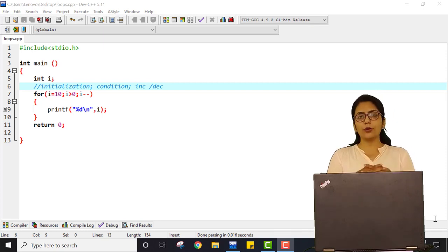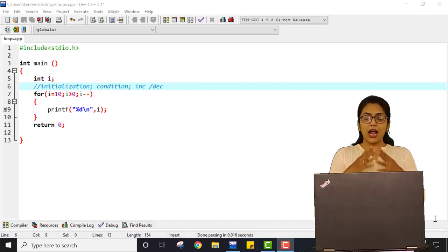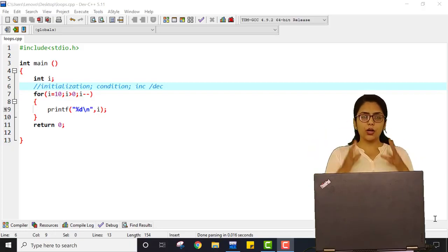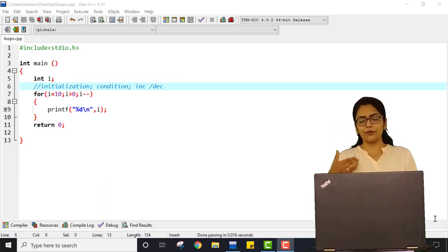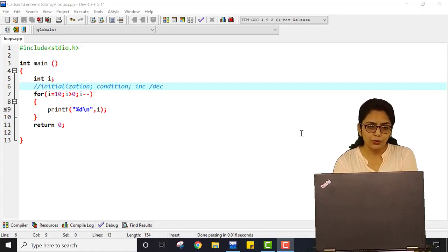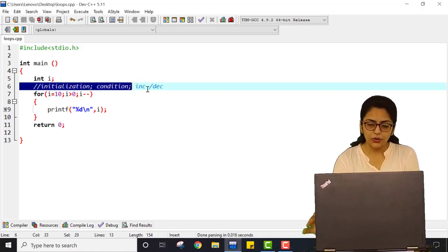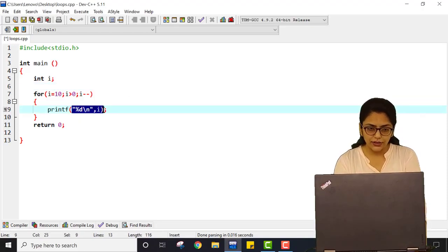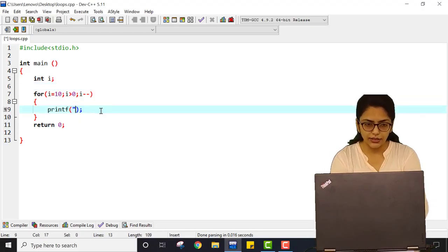Now in this lecture I am going to talk about two other loops, that is the while loop and the do while loop. I want to show you how you can use the previous code to convert a for loop into a while loop. Basically, whatever you are going to do with a for loop can be achieved using a while loop and vice versa. So how can you do that? This was the syntax for the for loop. I am just erasing everything and modifying it a little.